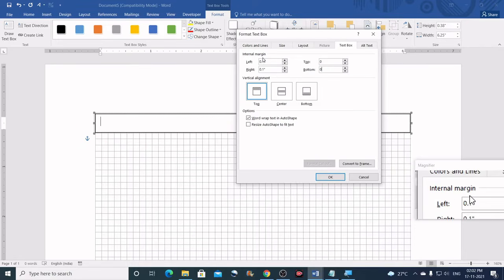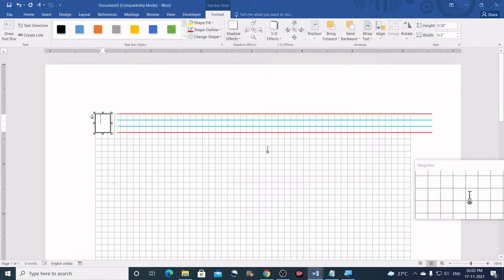You can keep the left and right margins the same, and then uncheck the option that says Wrap text in shape. Just uncheck this and click on the OK button.